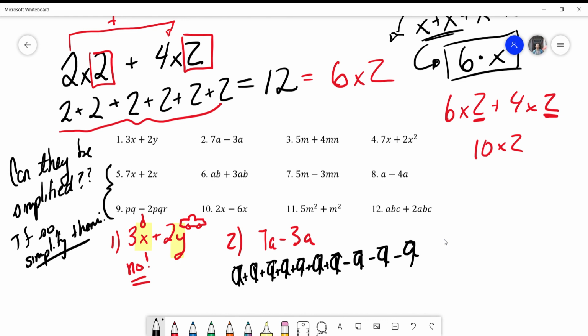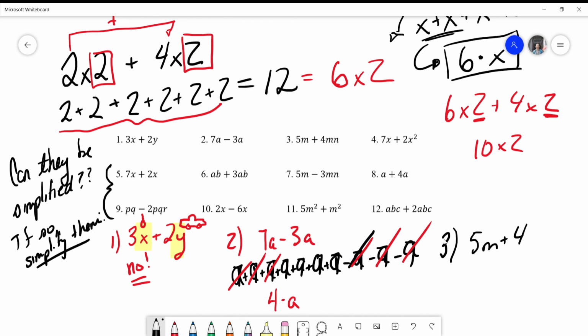So what we do is we've got a plus A, so we scratch off a plus A and scratch off a minus A, and scratch off a plus A, scratch off a minus A, scratch off a plus A, scratch off a minus A, then count what you have left. You have 4 A's. You have 4 times A. 7 minus 3 is 4. So we could have just done that very, very quickly in our heads using this. Number 3,